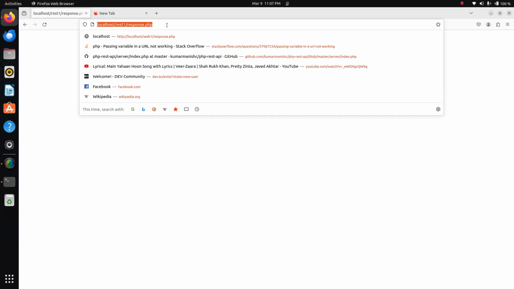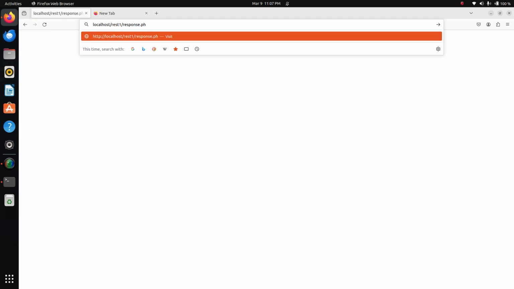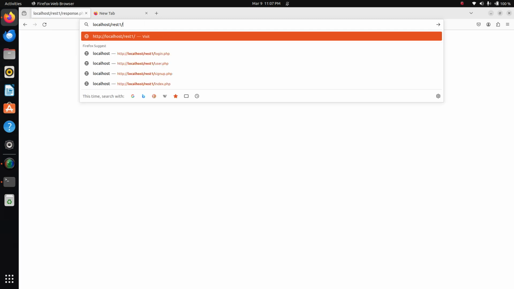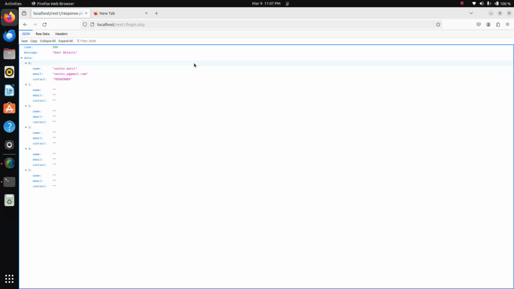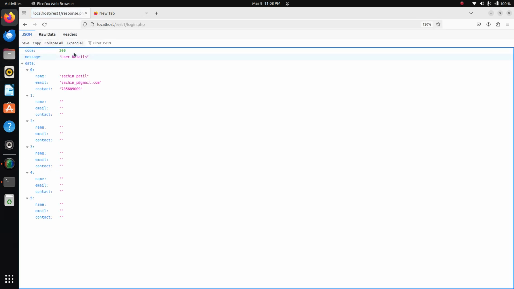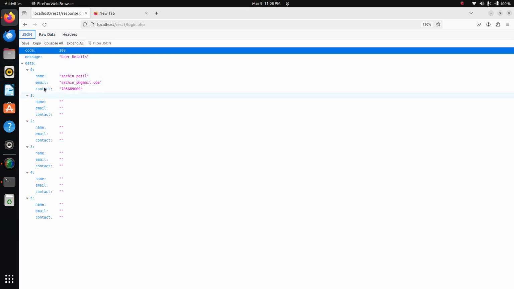Okay, login.php. Yes, here the output is much better. So here is raw data, in the sense this is called raw data, then JSON format, here is the reason.